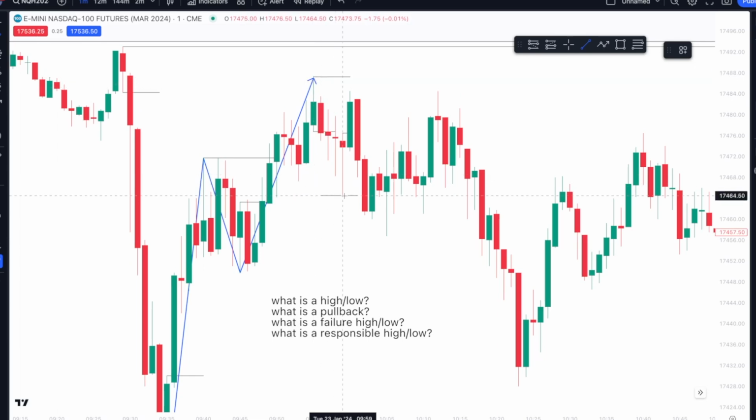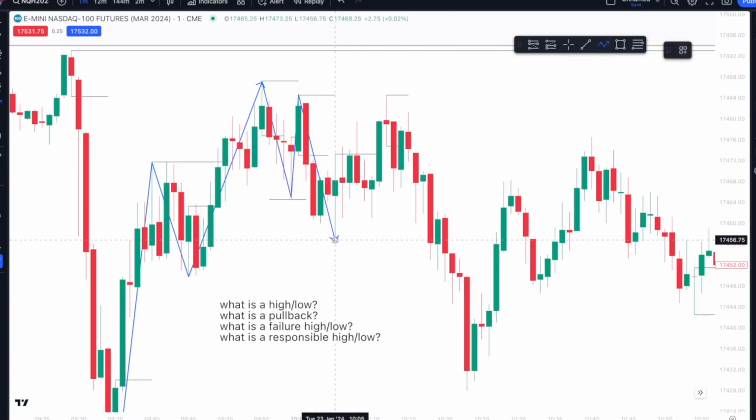Now what happens? We have a low, we have a high point put in, and as soon as we see this close below, we know that this is now a failure low because this low failed at continuing the trend. We went low, high, higher high, low. This is still a high, but it is a lower high, which means it failed. This low failed to send price above this high. Now again, this low has just failed twice at getting up here. So now we have a failure low here, we have a failure low here,